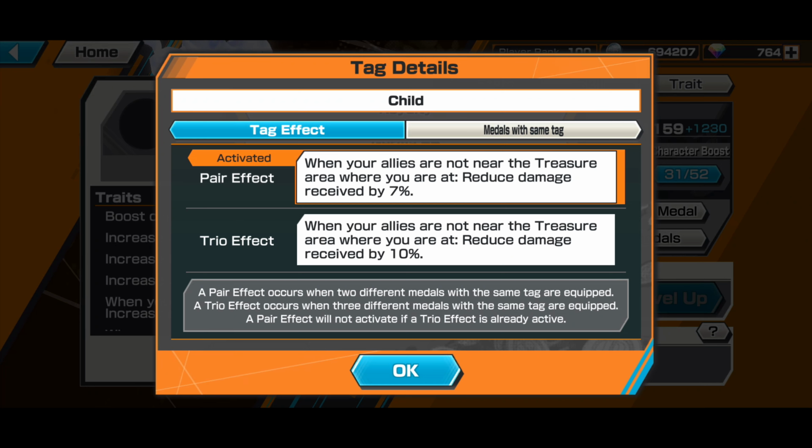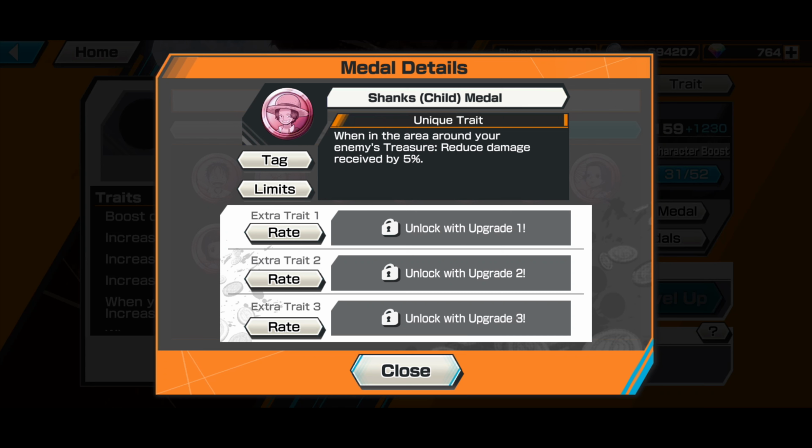Now I know for defender this might not be that good, but because you want to utilize that child tag, right? And sometimes maybe in a desperate situation, when you have to push forward, you have to fight the opponent to get the flag. Especially if you are fighting Yamato or Oden, you know how they have knockback, right? So once they knock you back, they capture the flag, so you kind of have to fight them in the opponent's treasure area,